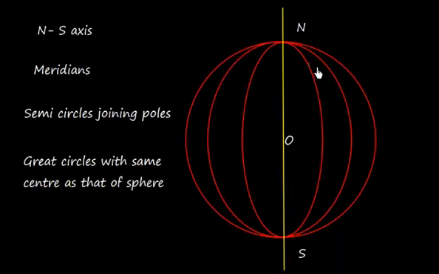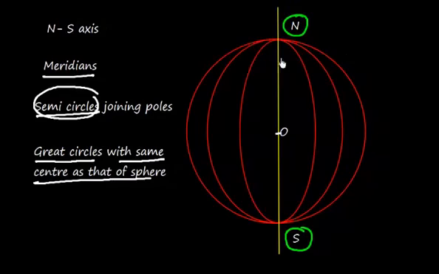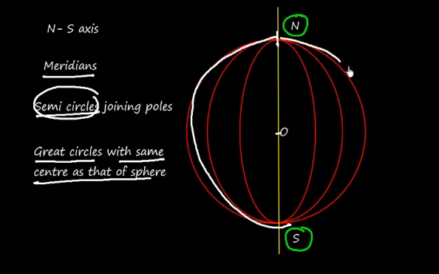Okay, so now let us revise the basic concept. Here north and south are the 2 poles, and these are some semicircles, and these circles are actually great circles with the same center as that of a sphere. So this is the big sphere and the center of this sphere is O, and the other circles are also having the same center, which are cutting this circle, and the semicircles are meridians. One half of the circle makes this side of the meridian and the other half makes this side of the meridian.